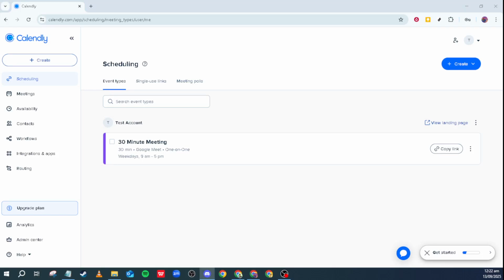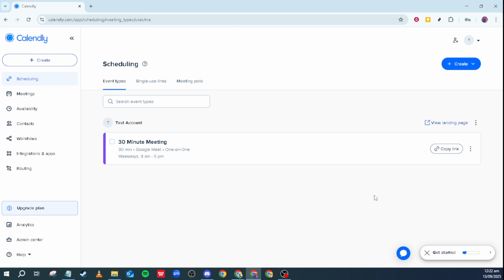In today's video, I'm going to teach you how to connect Calendly to webhooks. This is a great way to automate parts of your workflow, making your scheduling process even more seamless. Connecting Calendly to webhooks allows you to communicate with other applications you might be using by sending real-time data events from Calendly. It's a powerful tool to enhance your productivity and streamline how you handle your appointments. So, let's dive right into the steps to get you up and running.